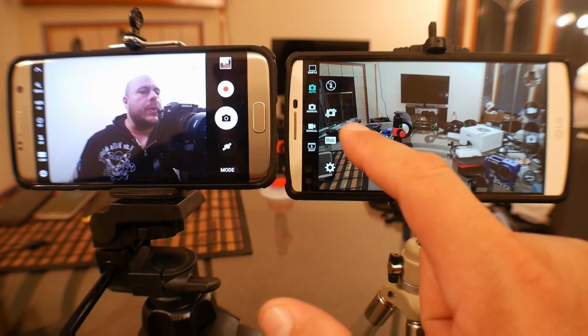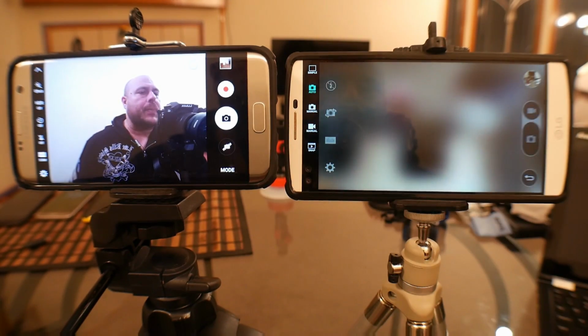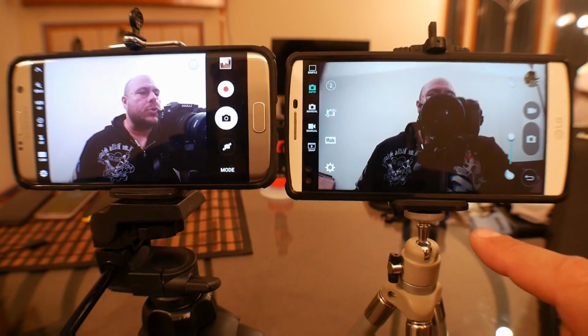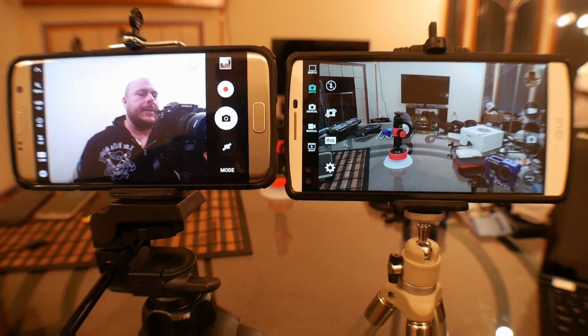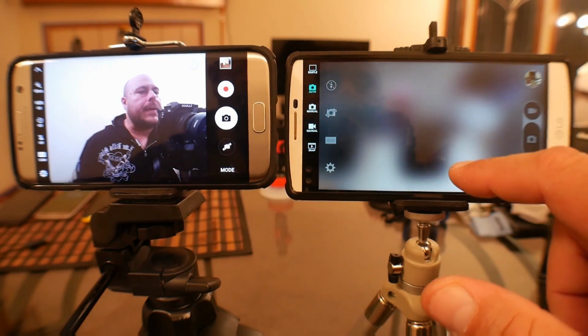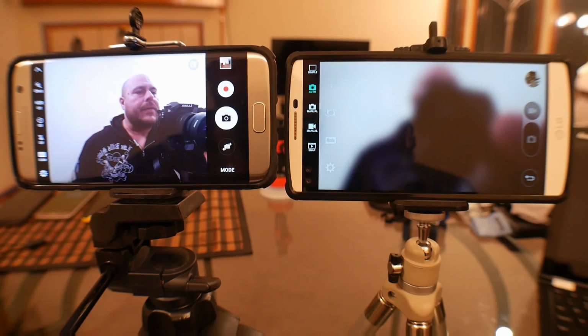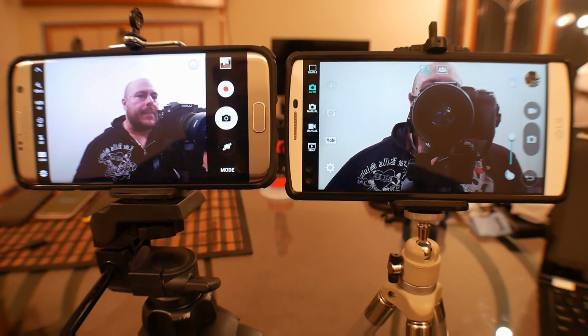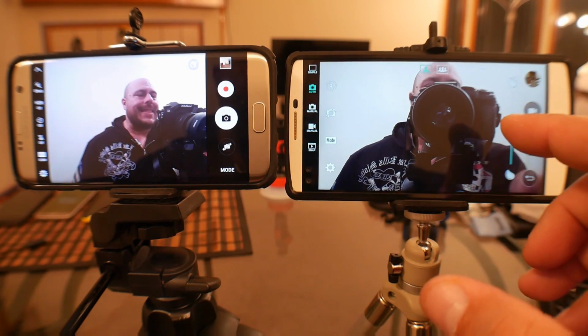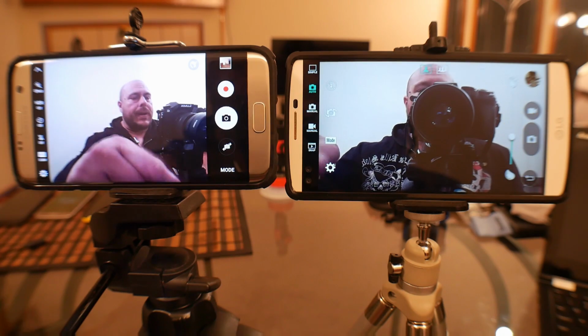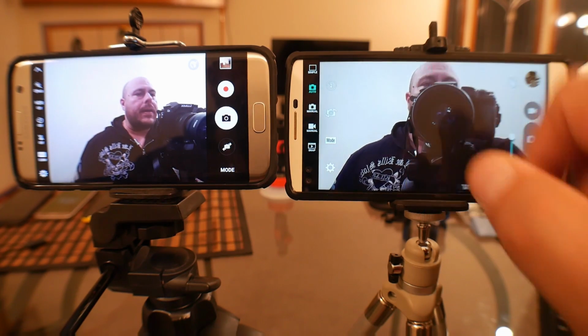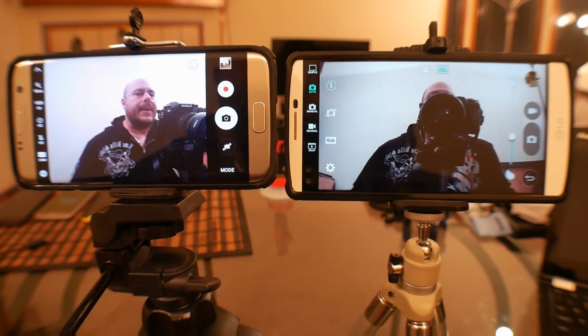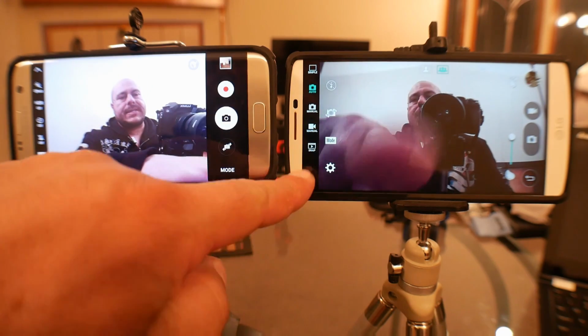Now you can switch between front and rear cameras by pressing that icon, or you can also swipe right here across the screen. And here it is. So this is a regular angle camera. As you can see, it's not that wide. It's wider right now on the Samsung. So if you click right here, that's going to activate the wide angle camera, which is the secondary camera that